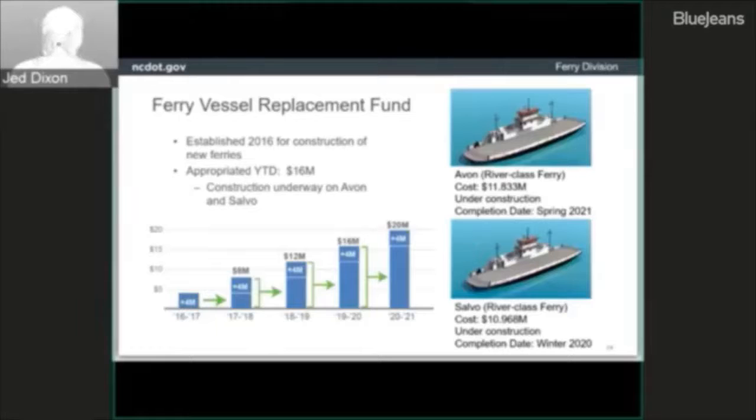That money is a little over $22 million. So when that work's completed, that project will be funded solely through the Ferry Replacement Fund, and that's currently accruing within the Ferry Division Capital Reserve account, and it's $4 million a year, and that money is strictly used for new vessel construction. In addition to that, toll revenue can be used for new vessel construction, or a vessel can